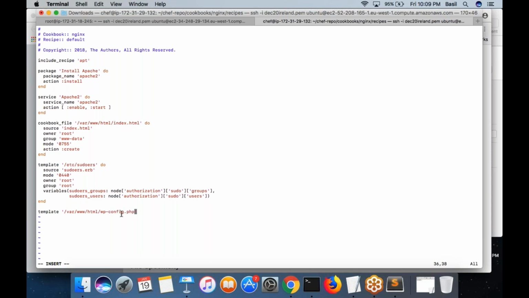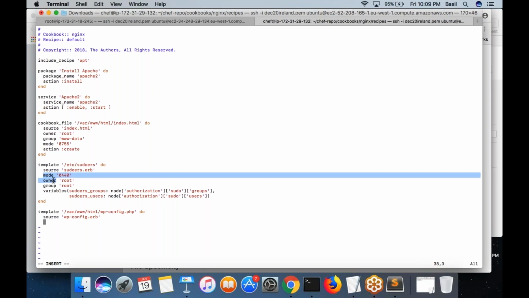This is the file that needs to be present in your web001 machine, and the file would be created from the source wp-config.erb. The owner, mode and group, let them be.